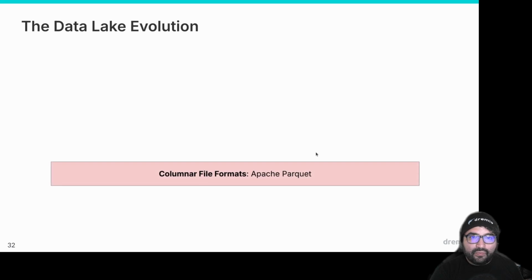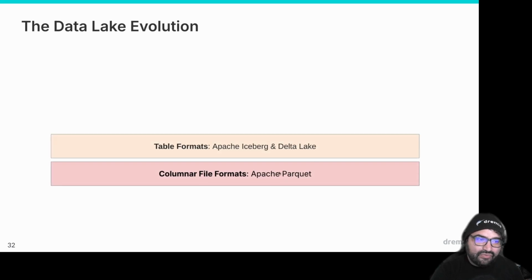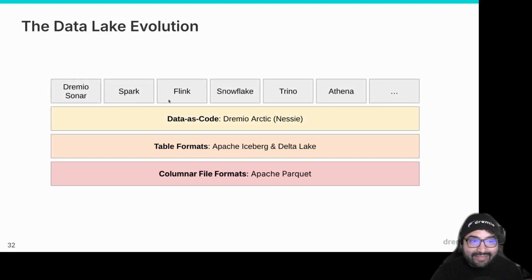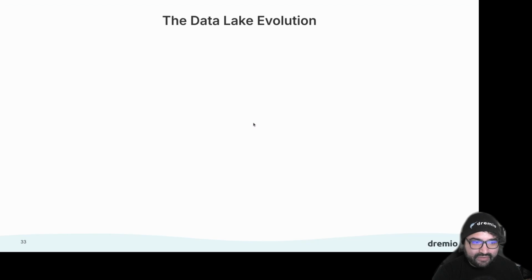So when you put all this together, you have a columnar file format, table formats, and then a catalog on top of that which allows you to track all those individual tables. And it's that which the tools that you use interact with. So they would be interacting with the catalog, which could be Nessie. Nowadays, there's also Apache Polaris and Gravitino. There's a lot of different versions of this, but Nessie has some unique features.